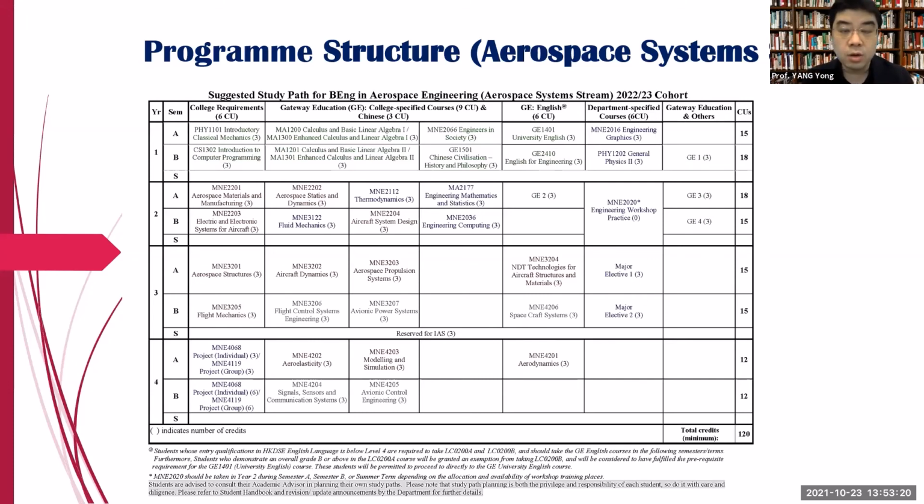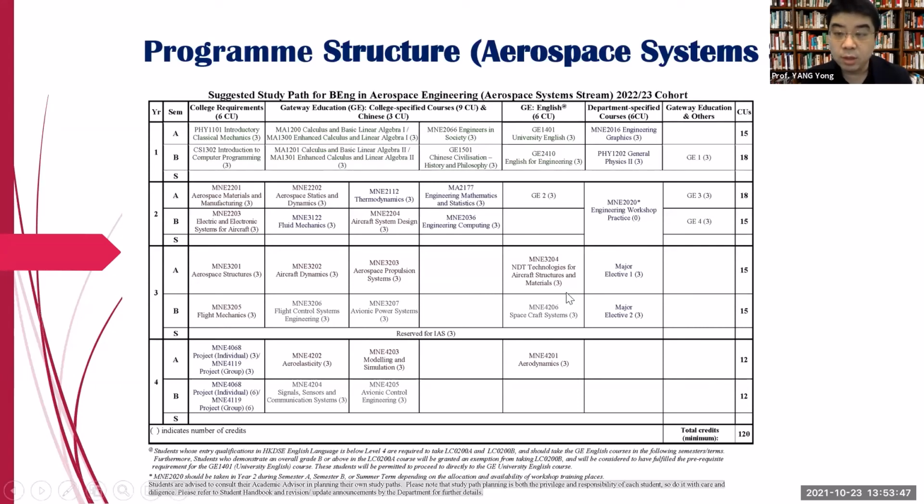In the second year, the students are going to change gears and focus on the aerospace related subjects. In the second year, they study aerospace materials, aerospace statics and dynamics, thermodynamics, and so on and so forth. As I said, starting from the third year, we're going to have 2 streams. Students can choose to study the aerospace material stream, or they can choose to study the aerospace system stream. Now, I'll emphasize one particular subject for you.